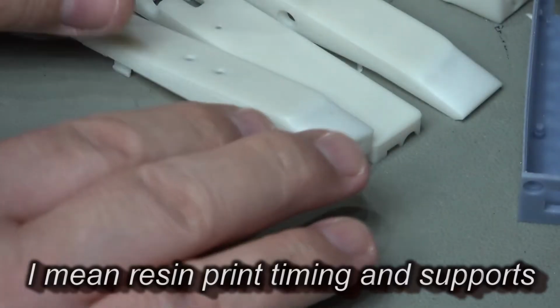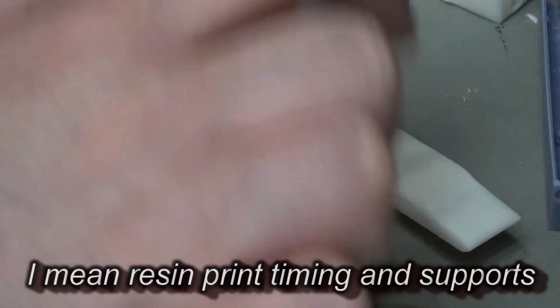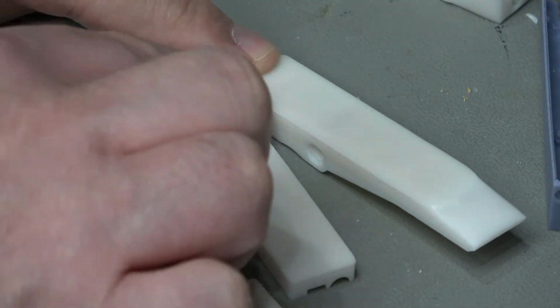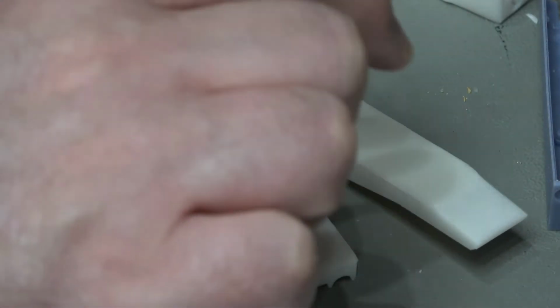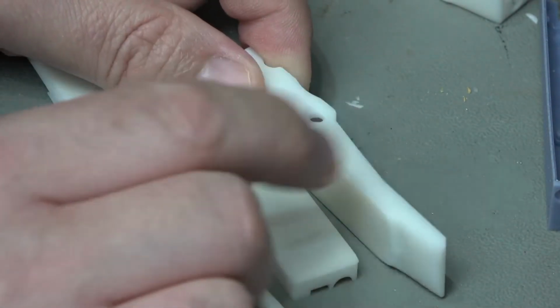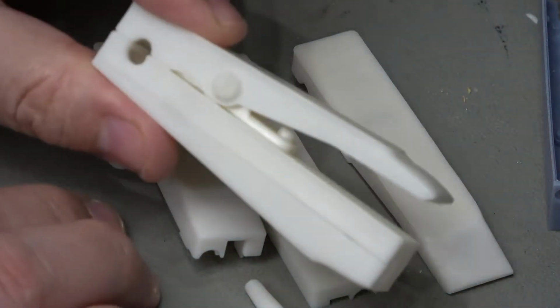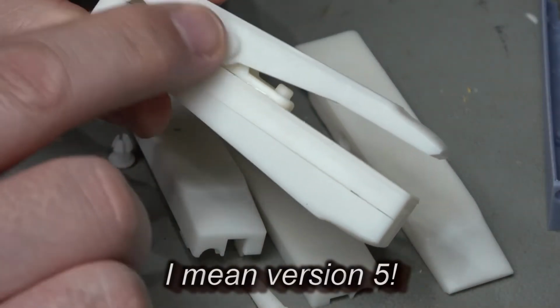And for the whole lot, I need to do some modifications on how I actually do the build, because it shouldn't have this somewhat flat yellowed hard bit on the back. That's caused by the fact that the first few layers on the print have to be cured for longer, and so you end up with a thicker sort of overflow on either end, and yeah, it's not quite what's intended. Anyway, we are 99% there now, so I just need to move on to version 4 and adjust out all